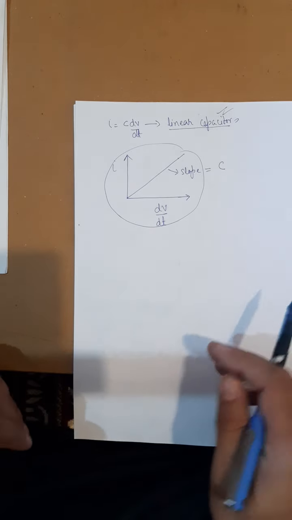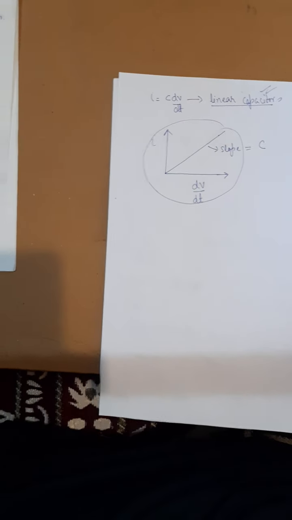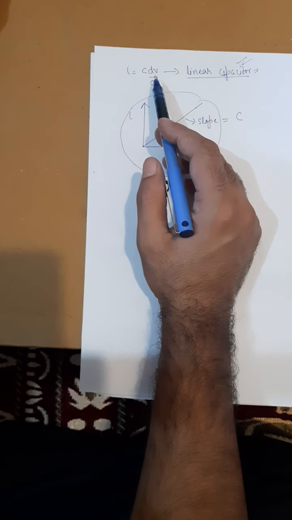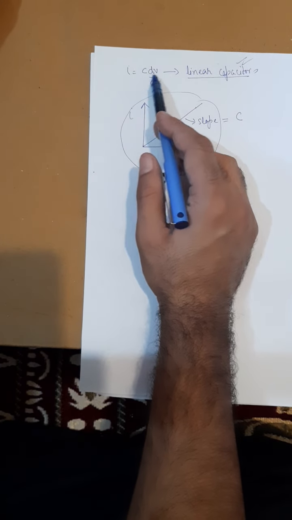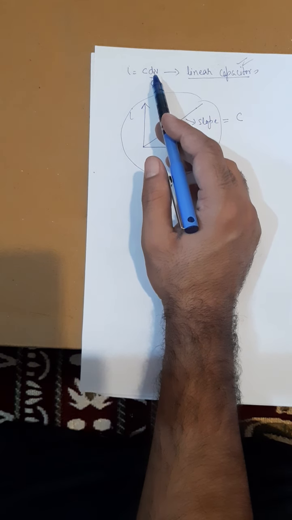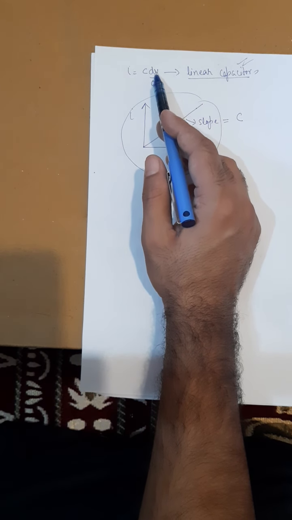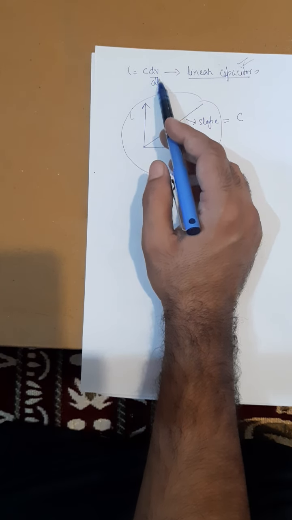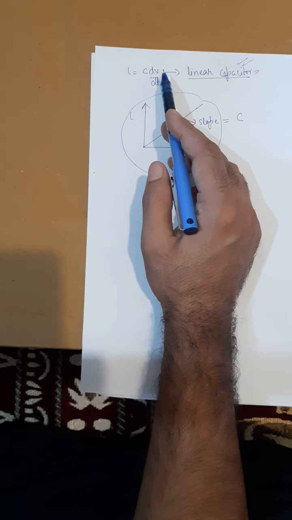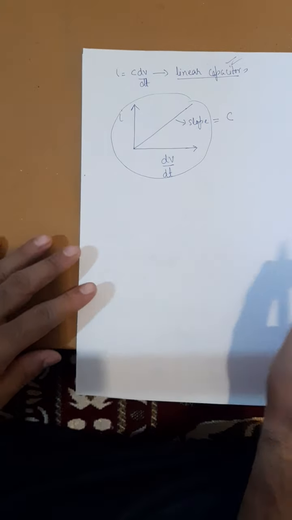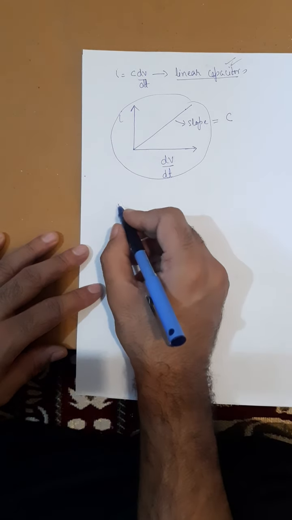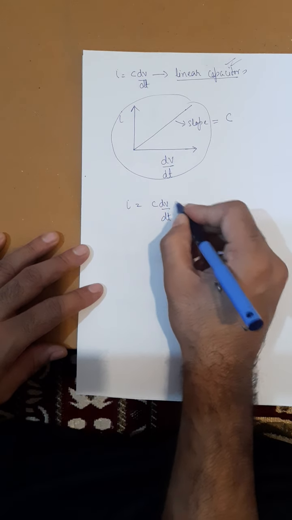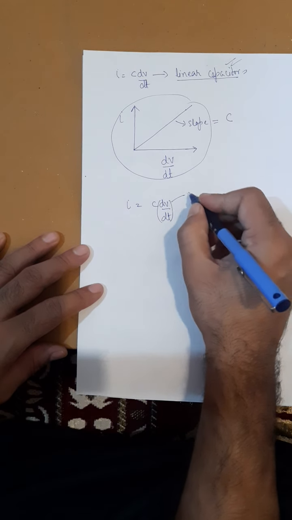Okay, for a non-linear capacitor, the current-voltage relationship is not a straight line. If you look here, I = C dV/dt. That means the voltage across a capacitor is not changing instantaneously. If I = C dV/dt, then this dV/dt represents that the voltage